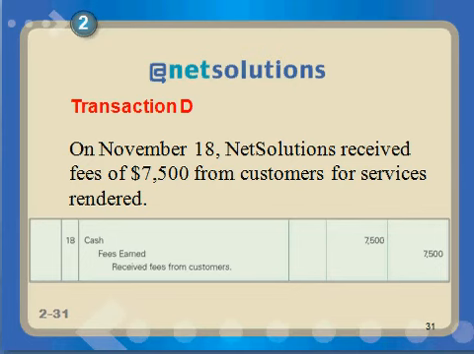We're going to have to stop at this point, and then we'll pick back up with transaction E. My time's out for YouTube. So we'll stop here and pick back up with